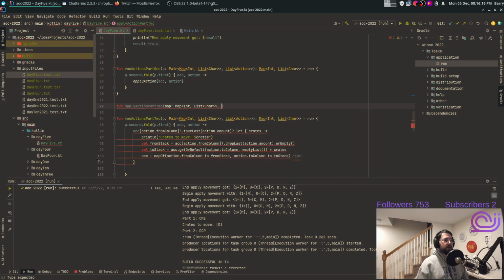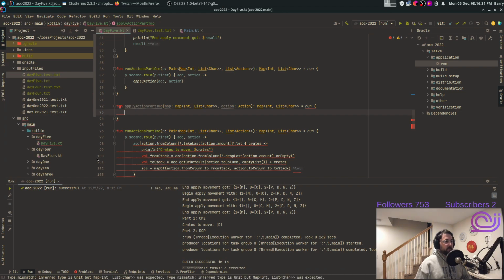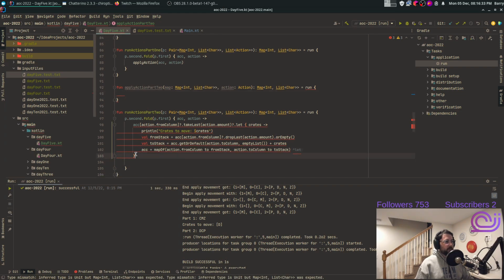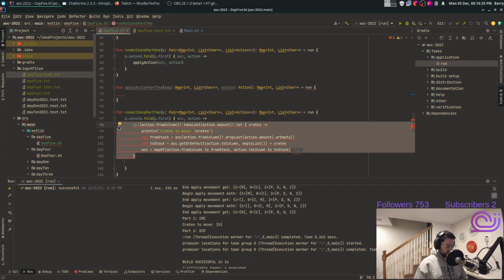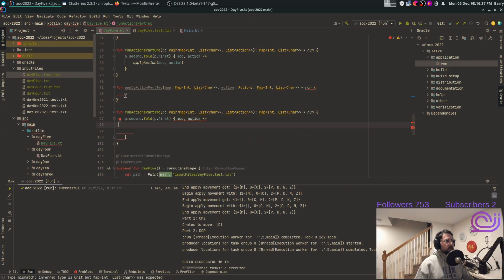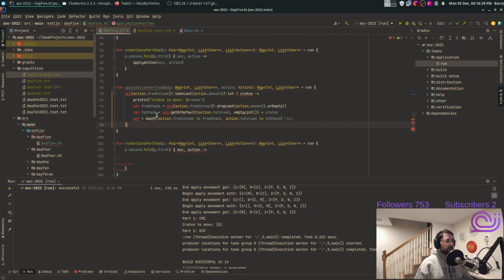And we need to take an action. So action, and we're going to return a map int list car. Okay, and basically we're going to take kind of this code, stick it here, and then we're going to say